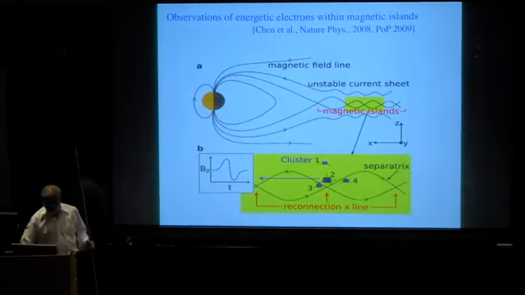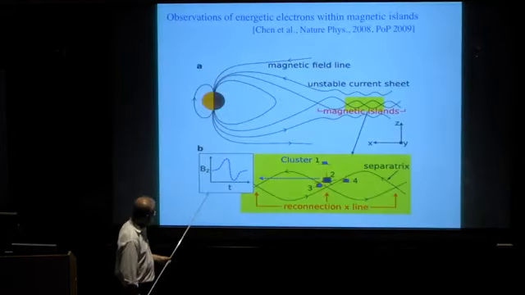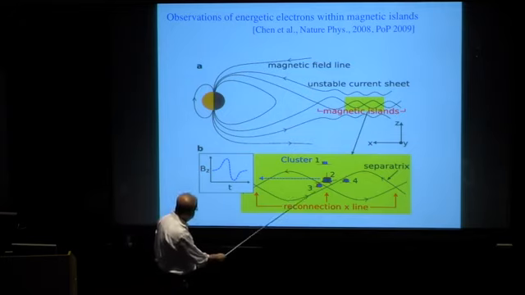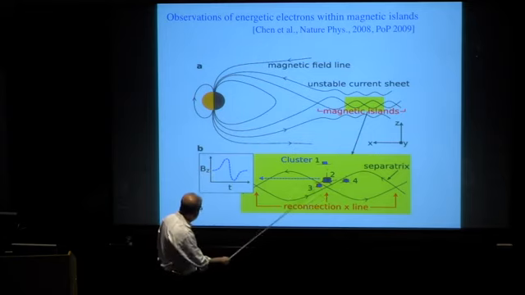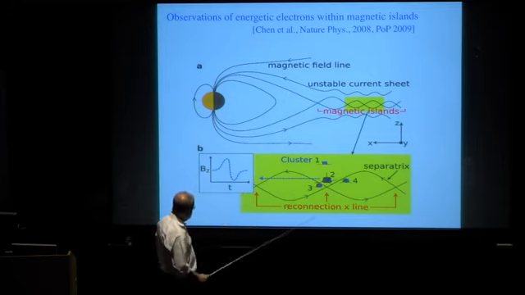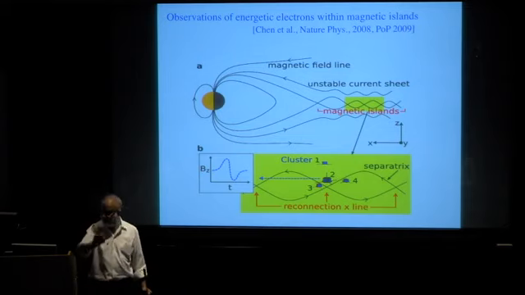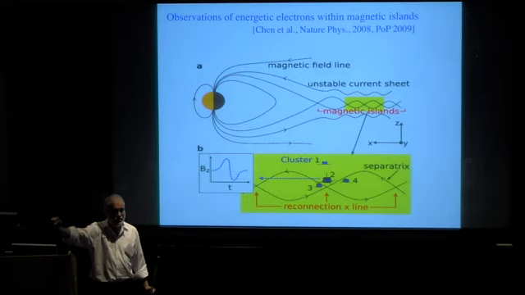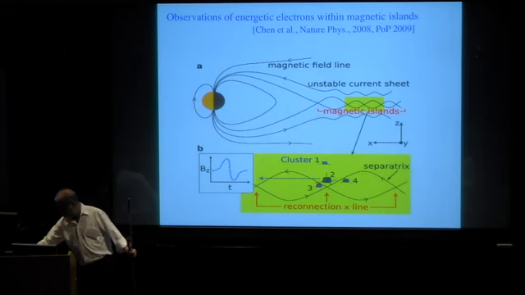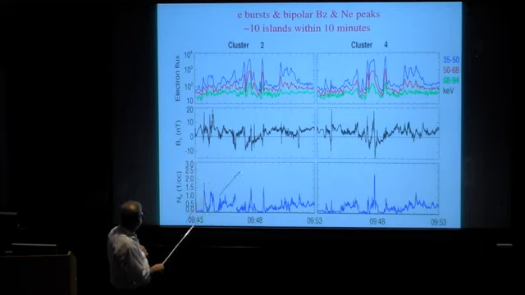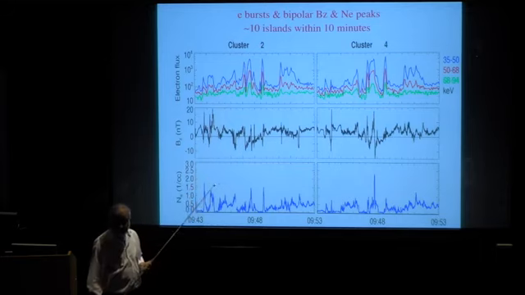In fact, this was work done by one of my postdoctoral colleagues many years ago, looking at Cluster data. Cluster, as you know, was four satellites going through the Earth's magnetotail. And by doing clever detective work, she could actually count the number of islands that she could measure. Her premise was that the extended magnetotail current sheet, due to the onset of the plasmoid instability, will have many, many islands. And in fact, she found, through measurements of electron bursts and energization, 10 islands within 10 minutes using Cluster data.